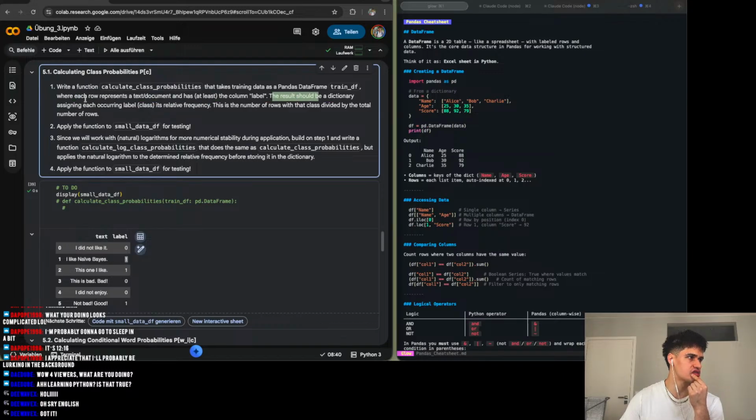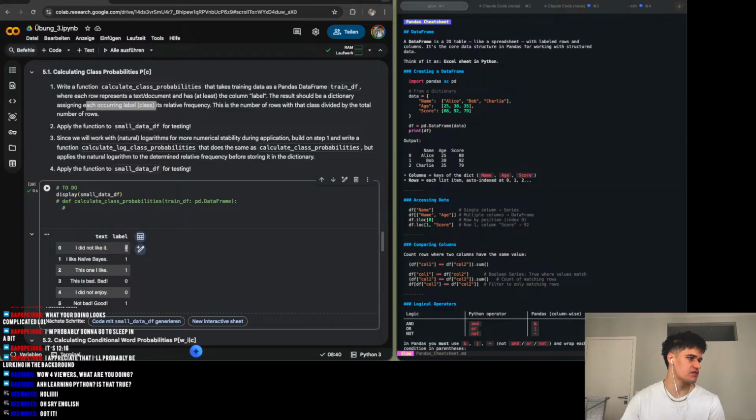The result should be a dictionary and each occurring label, its relative frequency. Okay, so we're just comparing the label basically and how often it shows up, right? If I'm understanding correctly. This is the number of each class divided by the total number of rows. Yes. So for example, in this case, the total of rows is 6. So it would be like